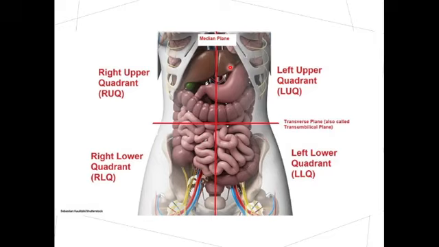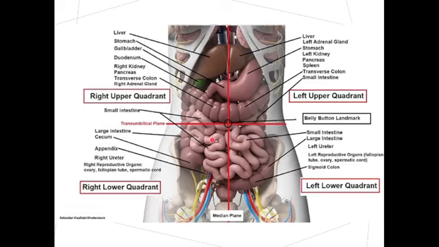Just like that. For the quadrants, it tells in its name. The left upper quadrant can be seen on the left upper, the left lower quadrant on the left lower, and so on. Here are some major organs that can be seen in these. First, in the right upper quadrant, we can see part of the liver, the stomach, the gallbladder, the duodenum, the right kidney,